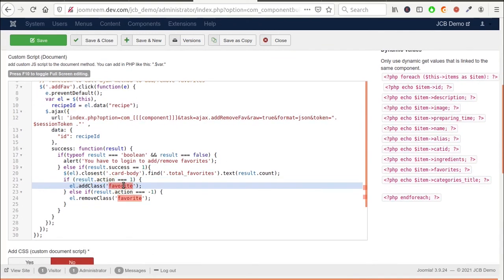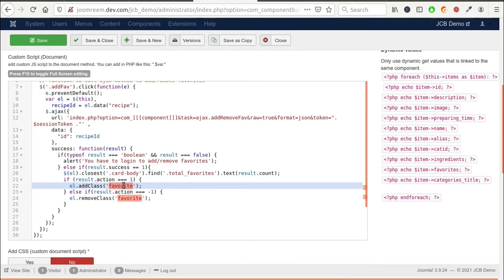Also, if action value is 1, which means adding to favorites, the CSS class favorite will be added to the anchor HTML element. Otherwise, if it is -1, then it means removing from favorites, and the CSS class is removed from the anchor element.